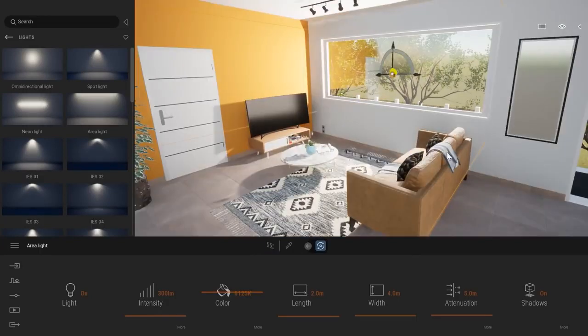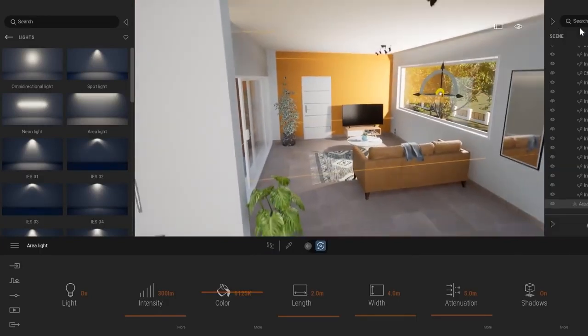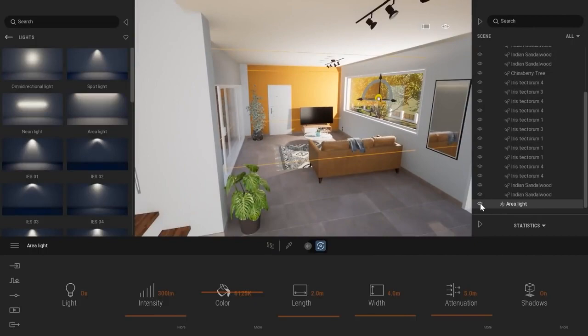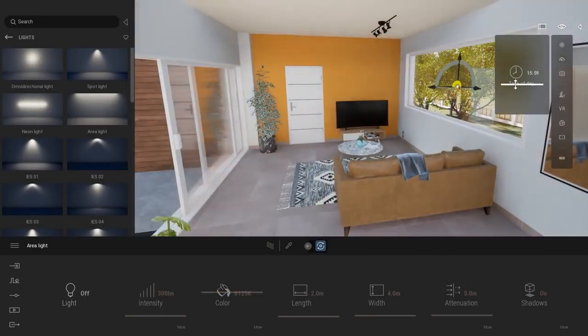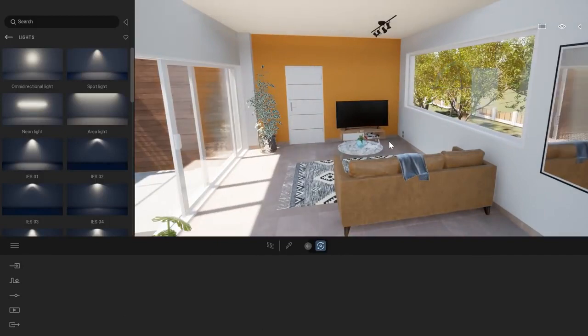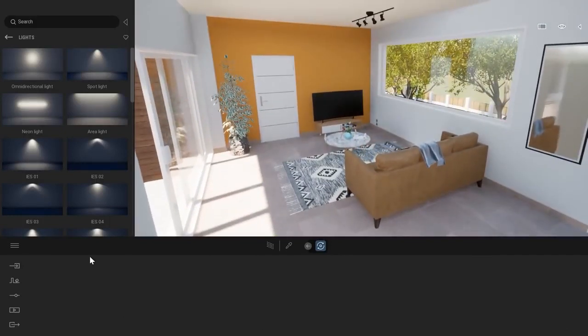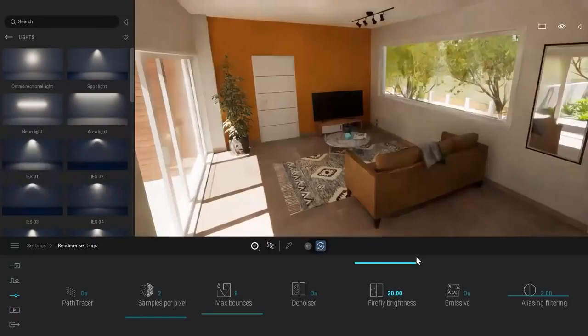Let's come back to our original scene. So I'm going to remove that area light, and turn the sun so it comes a bit more inside my project, my house. And I will come back to my settings dock. If by default I enter the renderer dock and the path tracer is not enabled, it will actually be the first option to turn on. When you turn that option on, the options appear.